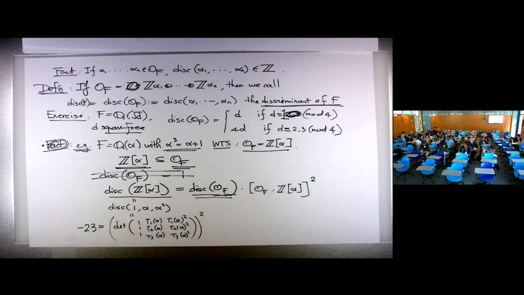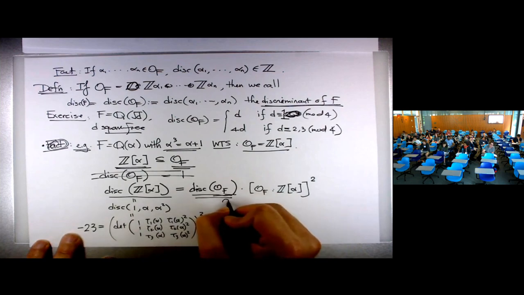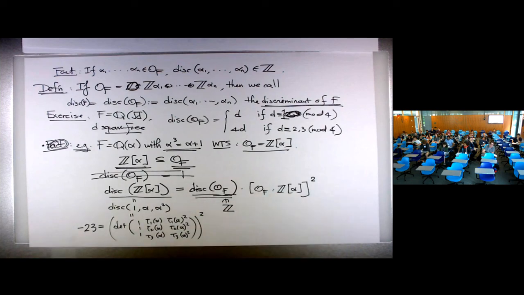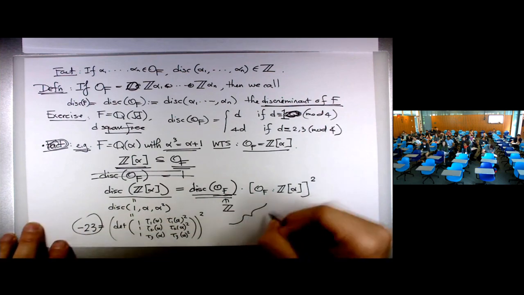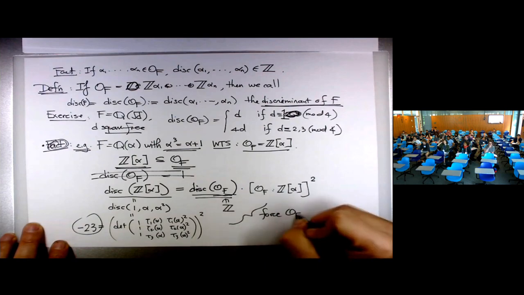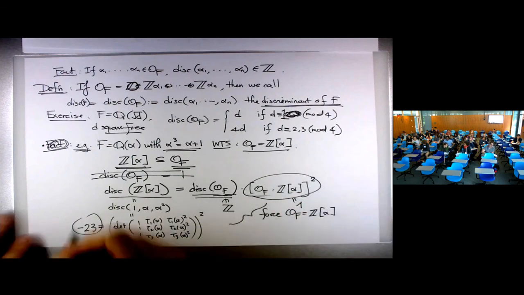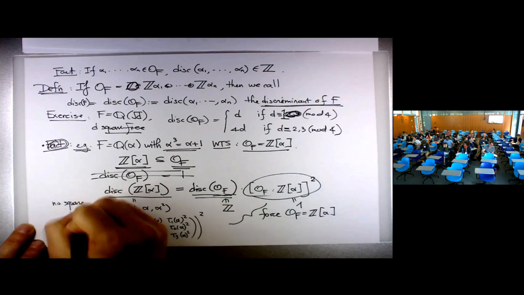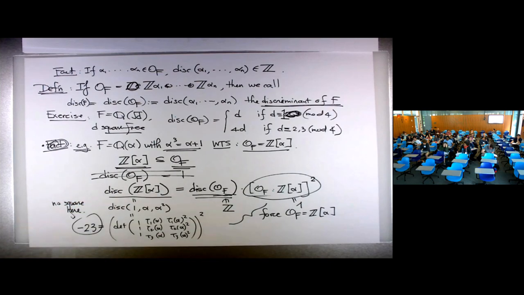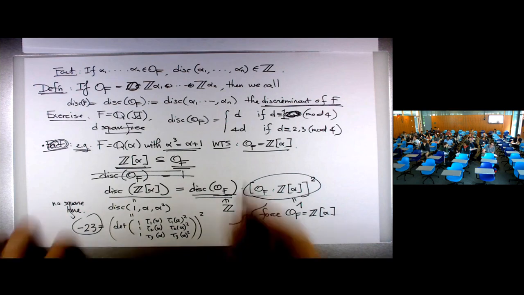But now you're in this peculiar situation. The left side is negative 23, which is prime. But we know that the discriminant of OF is an integer, and they're off by a square factor. But there's no square factor in this 23 here. So this will force OF to equal Z[alpha], forcing this factor to be 1, because there's no square here. So that's how you use the discriminant to help you determine what OF is, in the sense that you first approximate OF as best as possible. Like in this case, you would guess that somehow